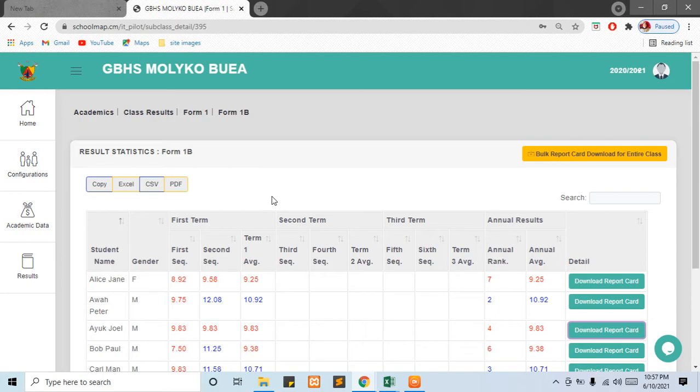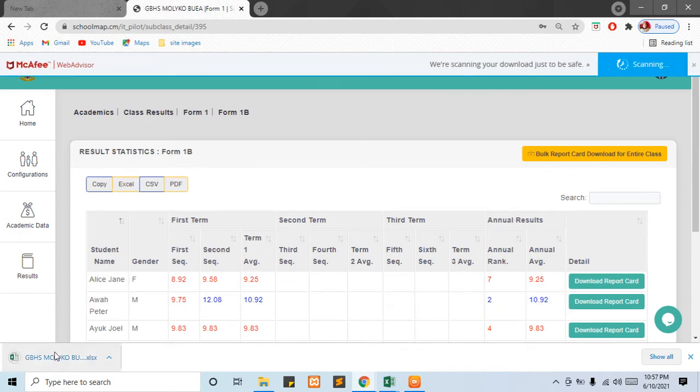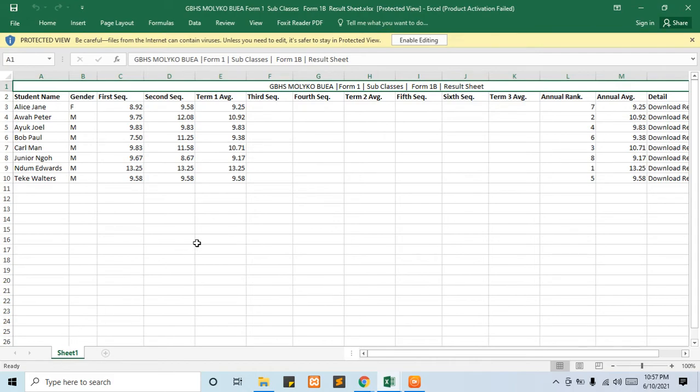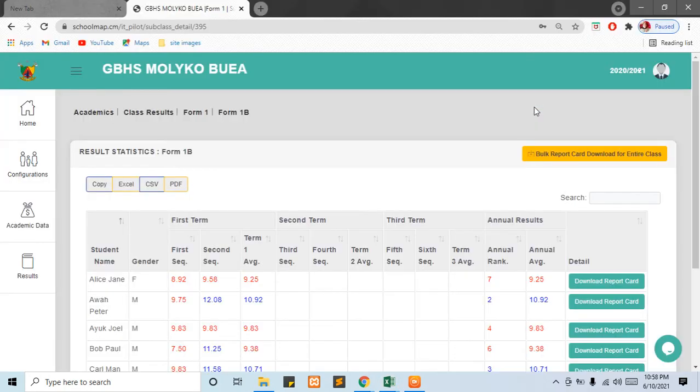And just to emphasize, like I said, every table on the system can be exported for further exploitation. That means that you can as well export this table to Excel format. You just have to click here and you have this table presented to you on an Excel sheet with the data for further exploitation. So it's that straightforward and that simple. Now if we go back to our home page,